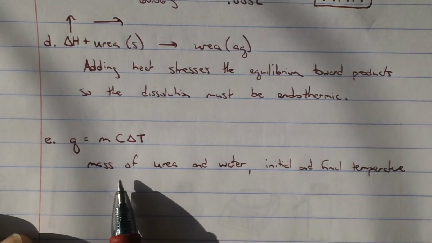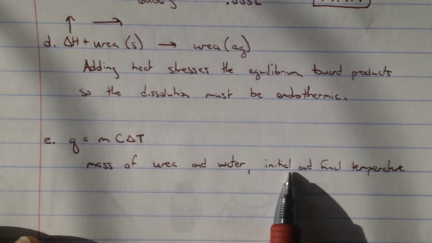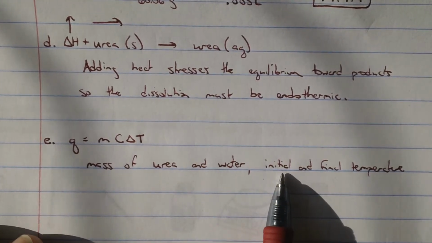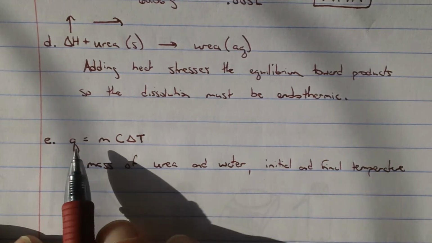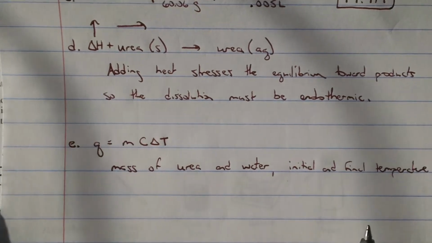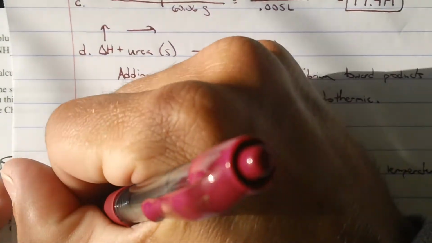Unbelievable. They give you 2 points. They give you a point for having the mass of urea and the mass of water. That's 1 point. And then a point for initial and final temperature. That's your second point. But it stems from that equation. Write the equation out if that helps you, so you know exactly where you're going with that thing. Part F